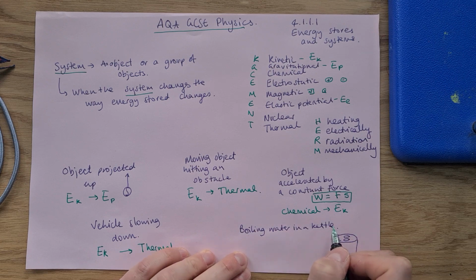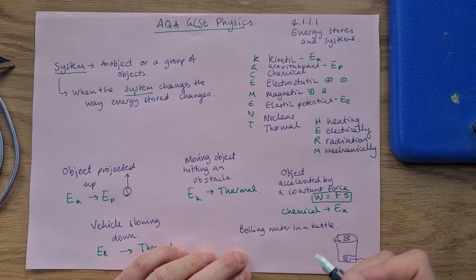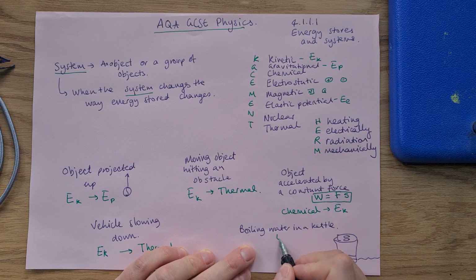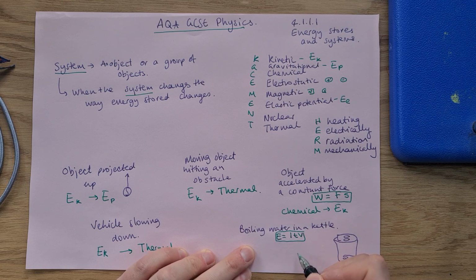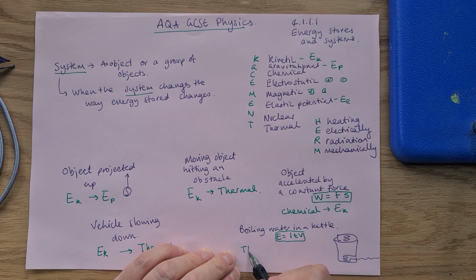Boiling water in a kettle, it allows us to look at work done when a current flows, energy transferred when a current flows. There's actually an equation. Energy transferred in a current is the current times the time times the potential difference. E is ITV. We'll look at that again when we do electricity, but that's just a way we can measure the energy transferred electrically. And then that will be transferred to the heating element at the bottom of the kettle here. So the kettle has a heating element. So it's going to be thermal